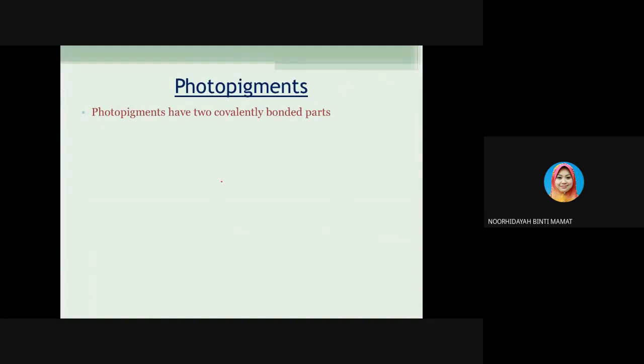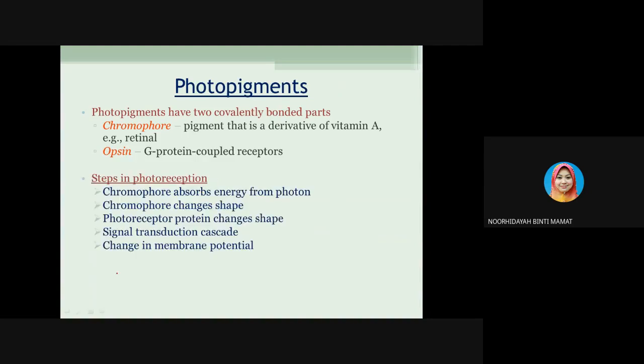So we go to the photopigment. Just now we talked about photopigments, the molecules that absorb the energy from the photon. Photopigments have two covalently bonded parts. The first is the chromophore, the second is the opsin. The chromophore is a pigment that is a derivative of vitamin A, for example retinal, and the opsin is the protein, a G protein coupled receptor, involved in the process of